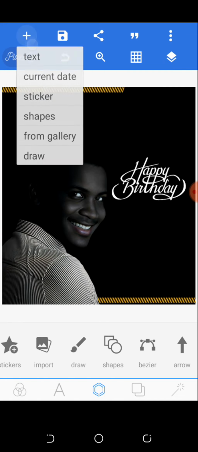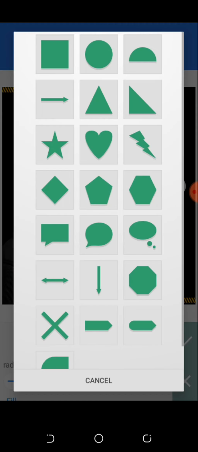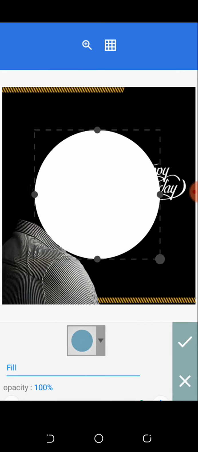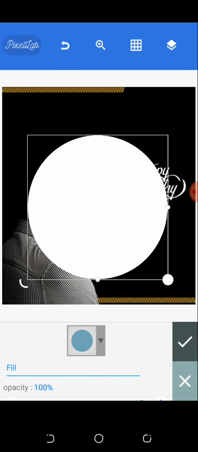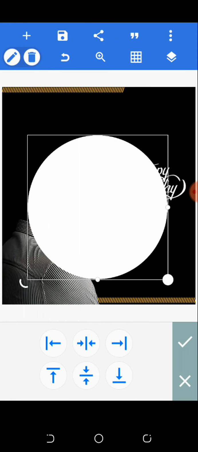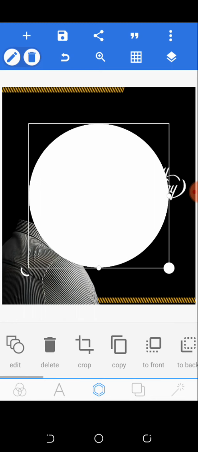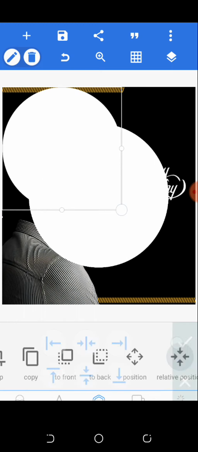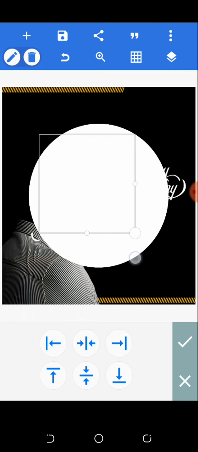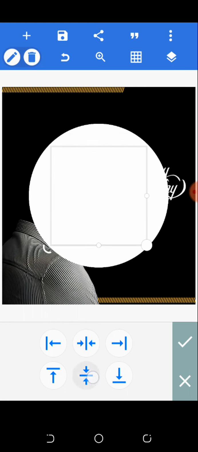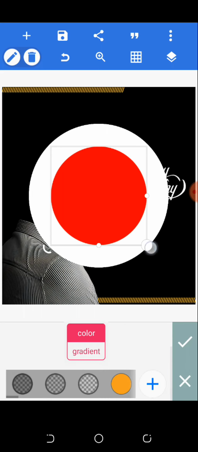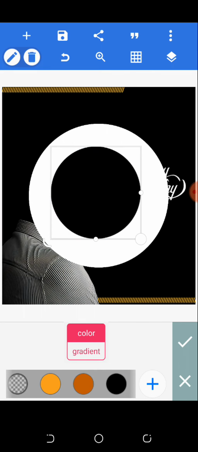So the next thing is just to come to shape, circle. Okay, I'll copy this one again, then reduce the size. Okay, I'll change the color, reduce the size again, change the color to black. Alright, so